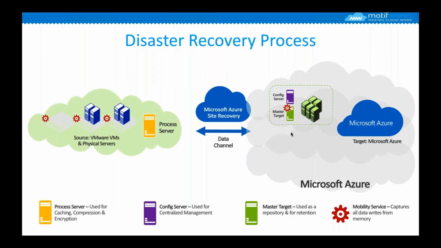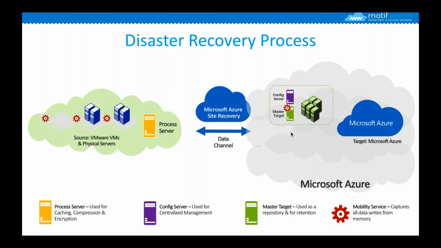So in your on-premise environment, on the left side, if you look at it, you might be running VMware, or it could be a physical server. When you are running VMware or a physical server, you would need some additional configuration. As I said, it works across different platforms. Yes, it does. When you're using Hyper-V, it's a little bit more simplified way of replicating from your on-premise to cloud. But when you have a physical server or VMware